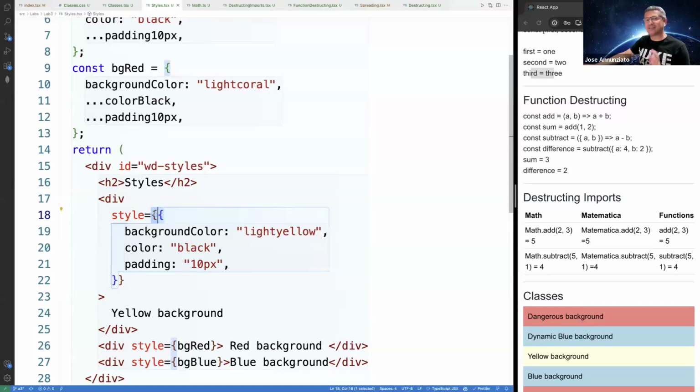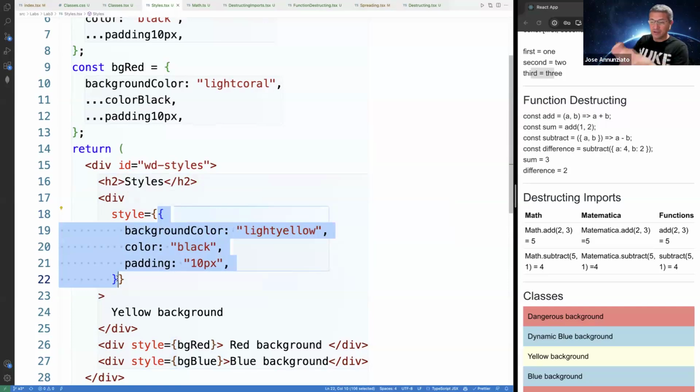Here, style has to be a JSON expression. So here we have the opening and closing curly brackets for declaring the JSON. And so this JSON could either be hard-coded like this, where I type the name value pairs, the properties and the values,